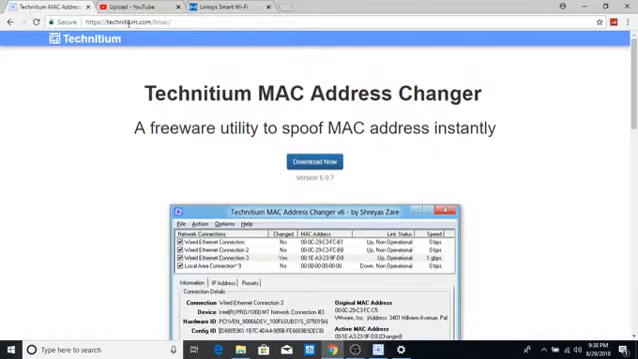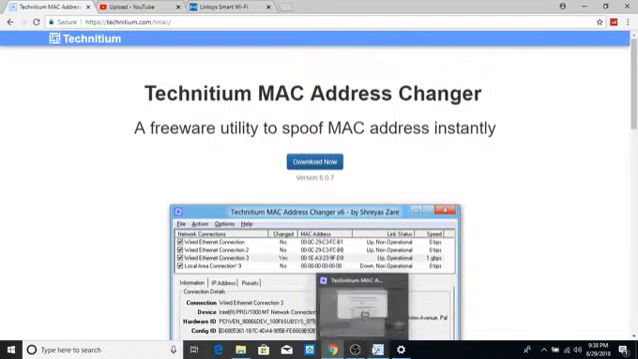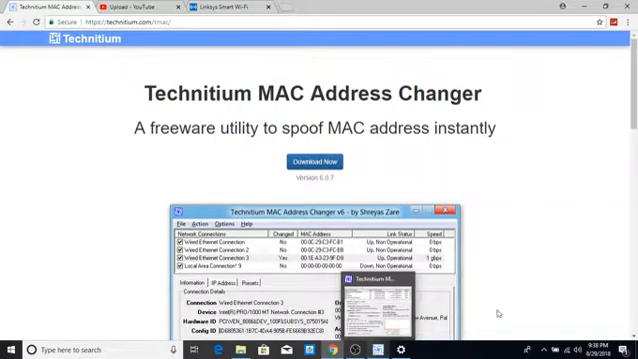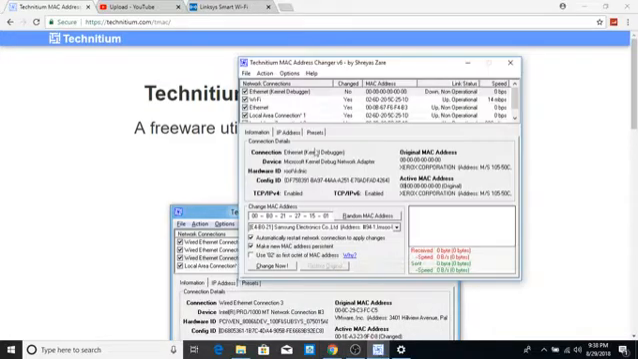So basically what you're going to want to do is go to this site. I'll leave the link in the description down below. You want to download this and set it up, do what you need to do, and then you don't need to turn off your antivirus, nothing. This is 100% safe, and I'm not going to click on this because it'll reveal my MAC address,